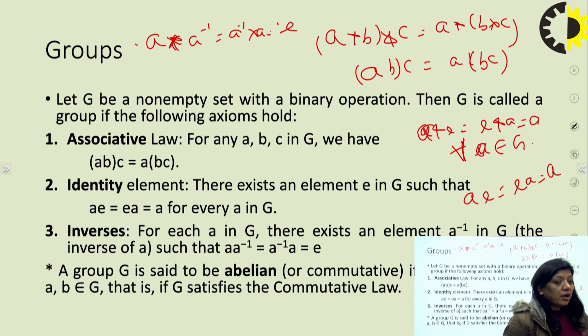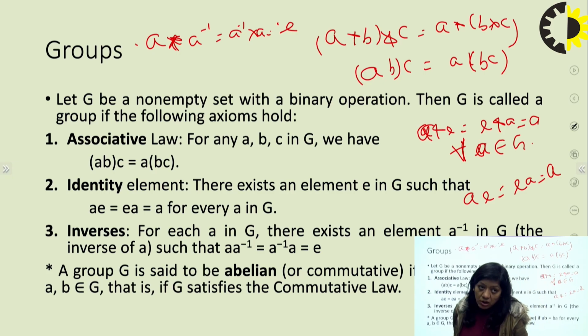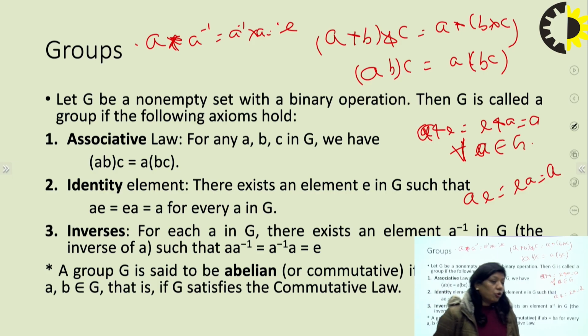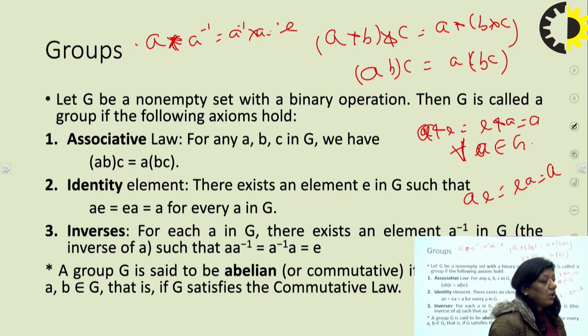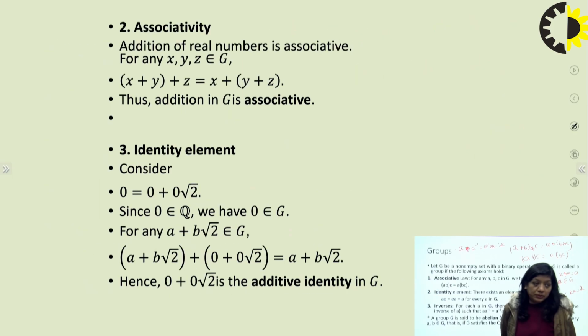Now if we have to recognize whether a set S is an abelian group or not, then it has to satisfy the property of commutativity, meaning ab is equal to ba. So for an abelian group, a set S has to satisfy four properties: first is associative, second is identity, third is inverse, and fourth is commutative. If the four properties are satisfied, then we can say the group is an abelian group.